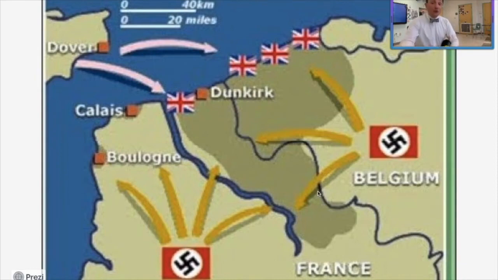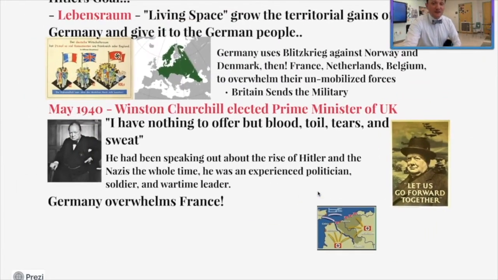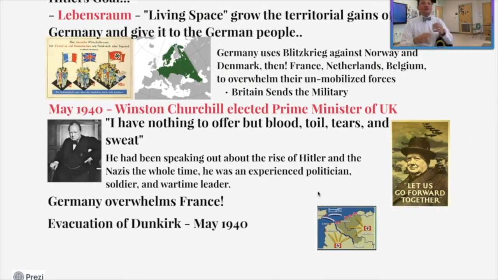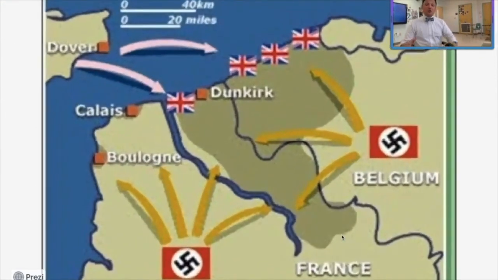So they overwhelmed the French forces at the Battle of Dunkirk, right? And then that led to this thing known as the evacuation of Dunkirk, because as you can see, Nazi troops using their Blitzkrieg methods herded the entire French military forces in northern France, which Dunkirk is in, Normandy, right? And they want to set up and create a battle line across the entire coast to protect themselves from invasion by the British, right? They overwhelmed the French forces, but then all of a sudden, they just stopped, right?